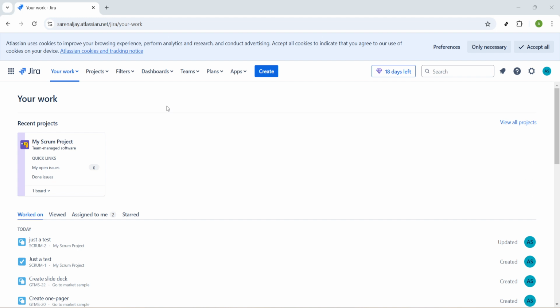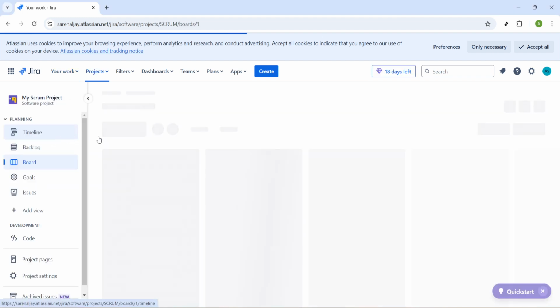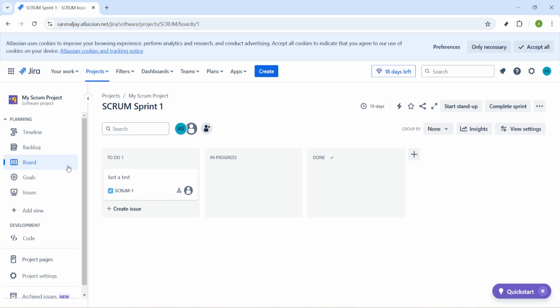After entering your work, the next step is to select the project that contains the subtask you need to delete. This brings us into the project's main workspace, bringing your recent activity to the forefront, such as tasks and updates associated with this particular project. This part is crucial because projects can often house numerous tasks and subtasks, and we need to zero in on